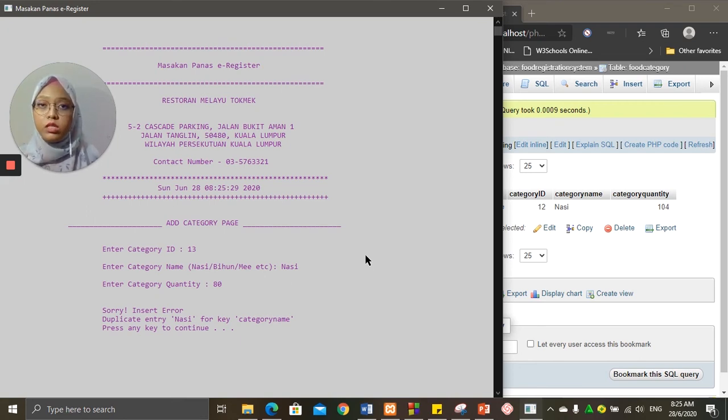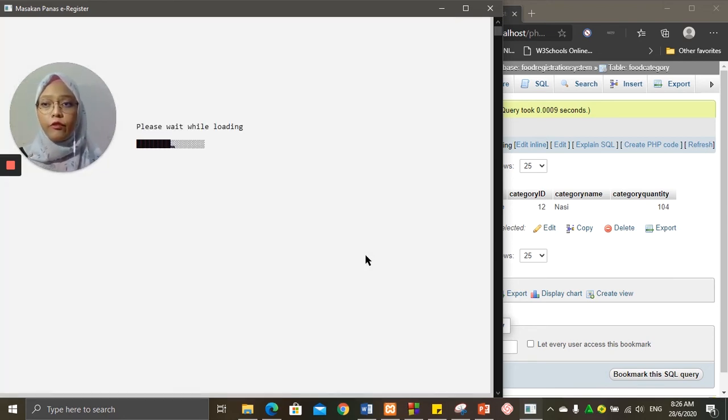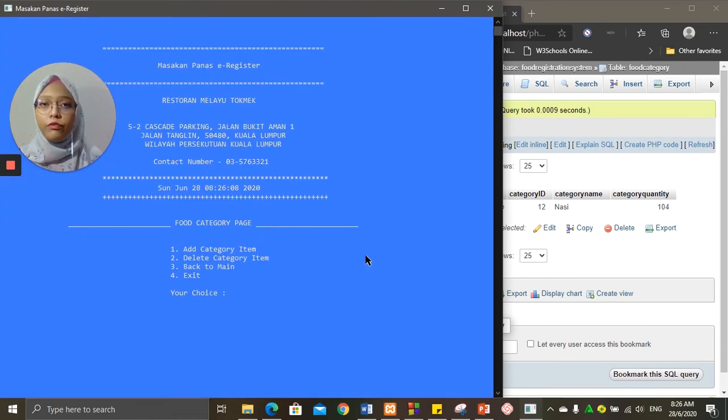Like the previous function under food menu, it is not logical to duplicate or register repeatedly with the same name. So under the food category page, it doesn't have an update page. So if the user wants to enter details about nasi, the user has to first delete the nasi information available in the database. Okay, so now we go to the delete category item function.